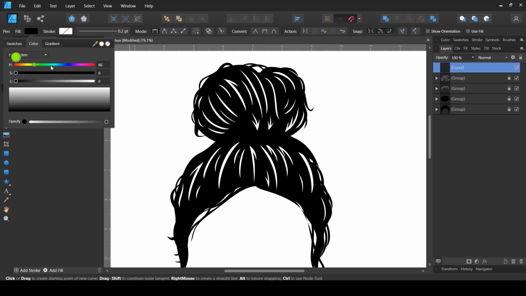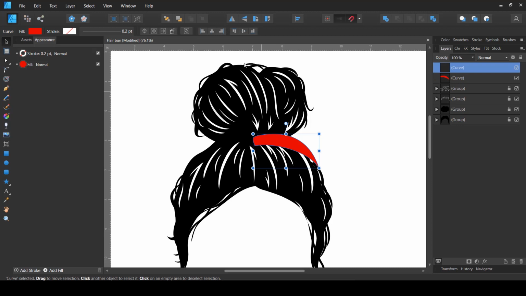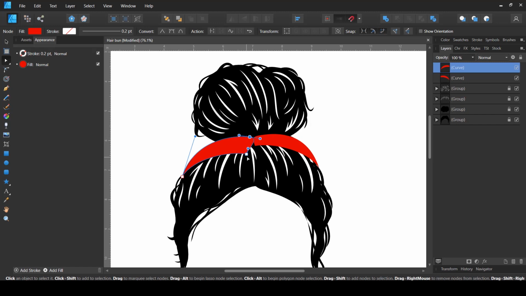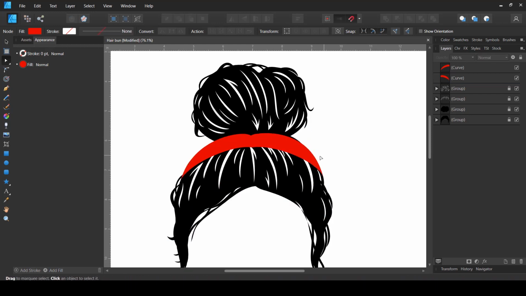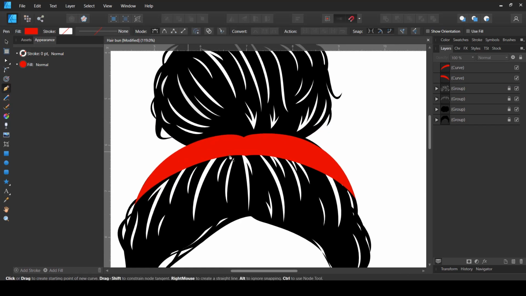And let's just fill it with any plain color, maybe pinkish reddish. I think that looks fine, and I'm going to just copy this one, flip it horizontally and move it to this location and adjust its position here, and slightly move this one on the inner side here as well, somewhat like that. Maybe move it like that on this location. So this is just a rough style of a bandana tied here, and I'm going to create a knot here,